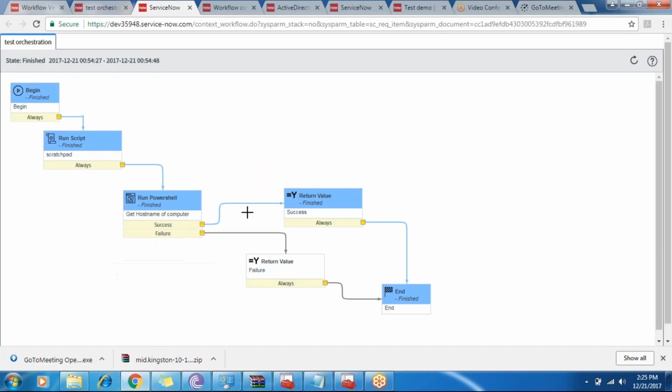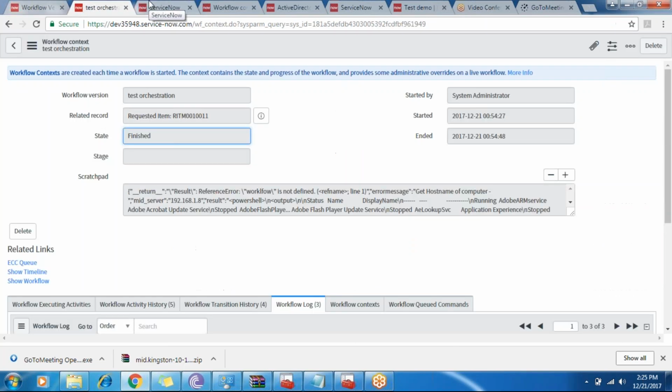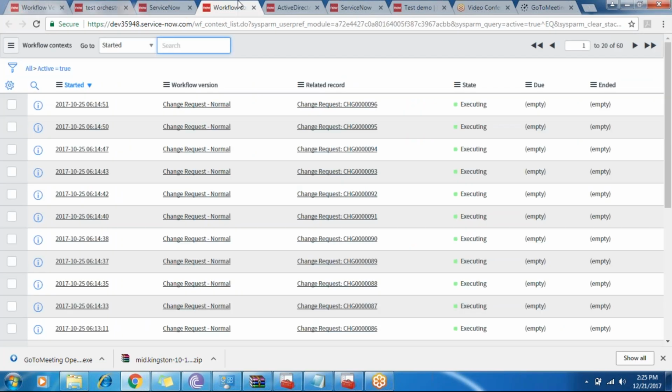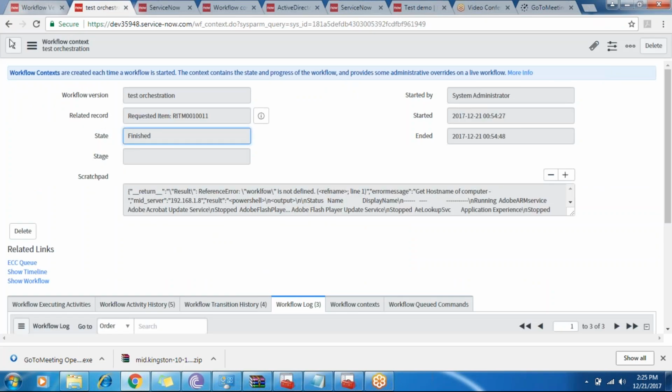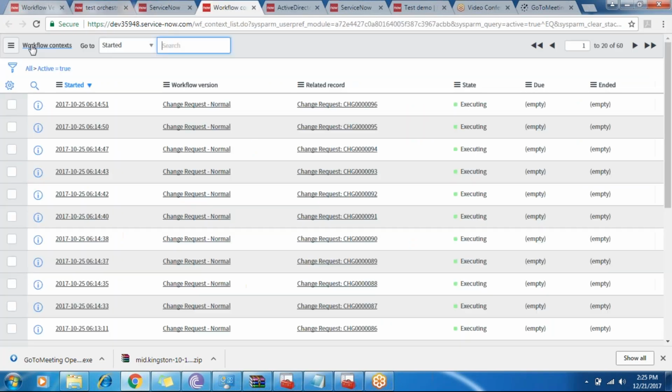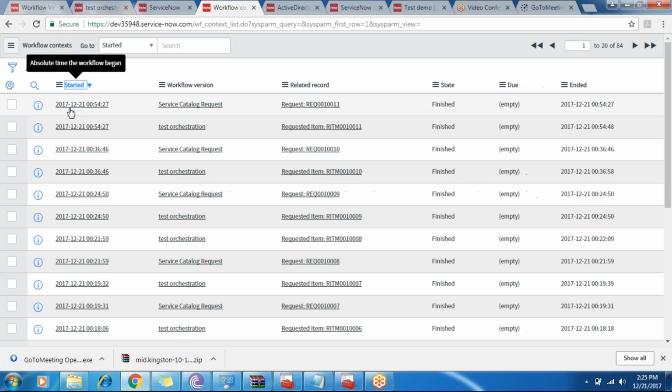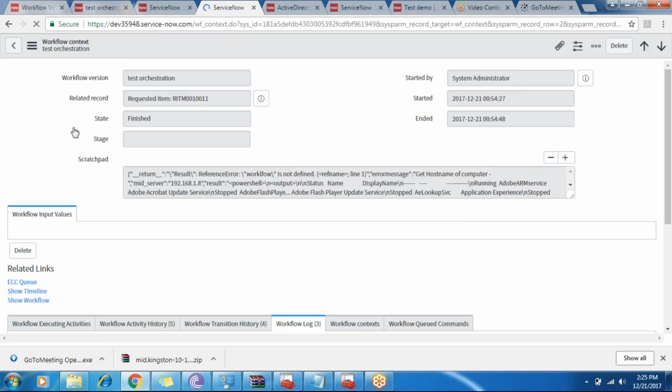So you can see the workflow got into success and got to the end. In order to see the result of the scratchpad, we'll go into the workflow context and give the related record. So this is our workflow active context for our item.